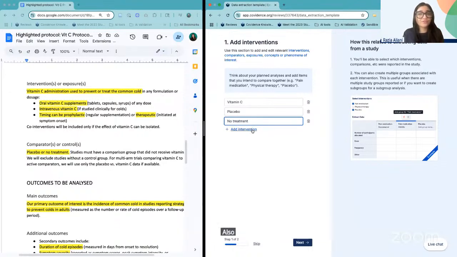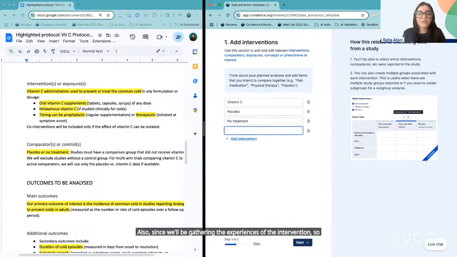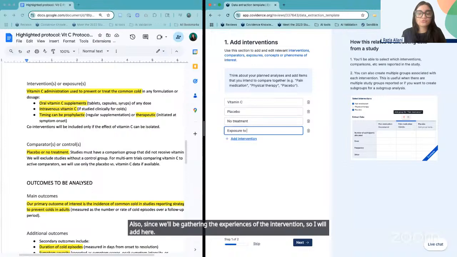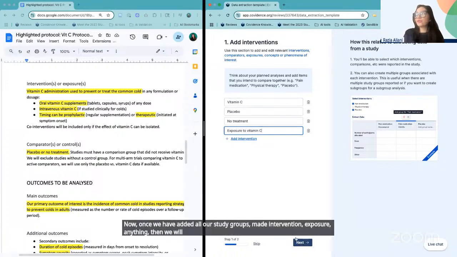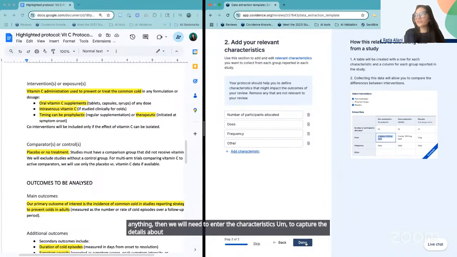Also, since we'll be gathering the experiences of the intervention, I will add here exposure to vitamin C to collect that information. Now, once we have added all our study groups, intervention, exposure, and so on, we will need to enter the characteristics to capture the details about our study group. So I'll click here next,